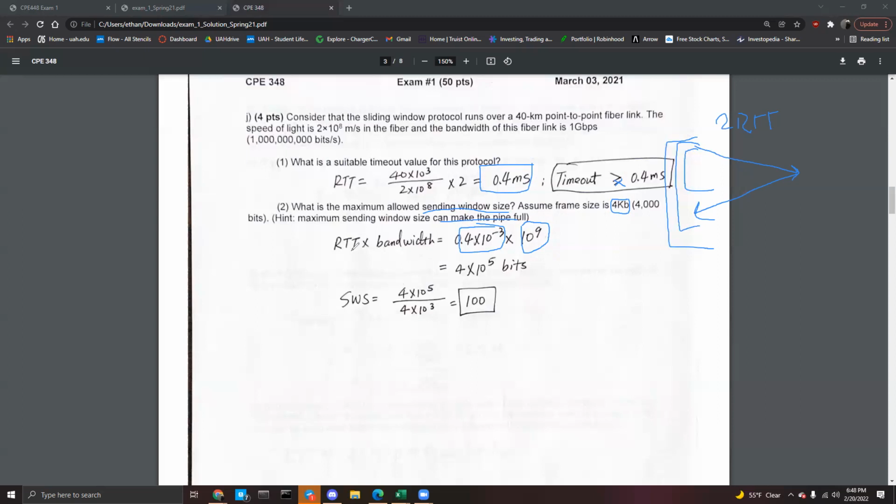So let's look at the units here. RTT is just time, and bandwidth is bits per second, which means time cancels, and we're left with the unit of bits. Good way to check your answer. So this is 4 times 10 to the 5th bits, the pipe full number. When you multiply the RTT by bandwidth, this is the quantity of bits to keep your pipe at 100%